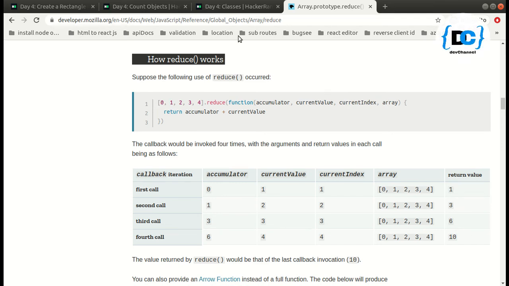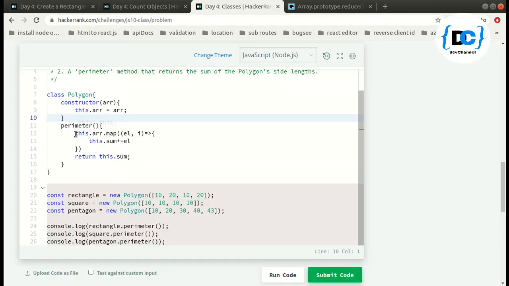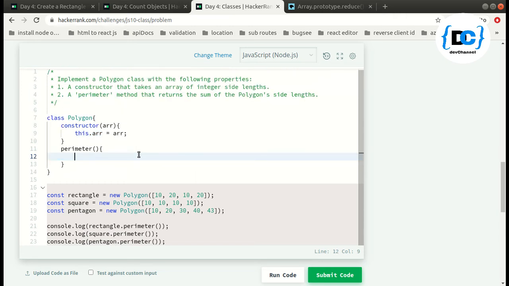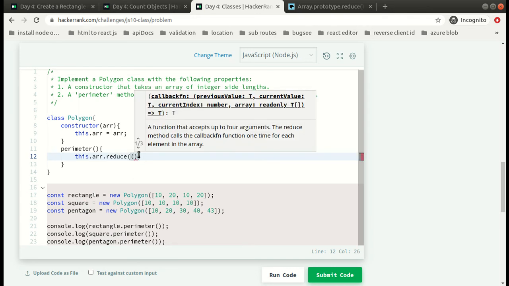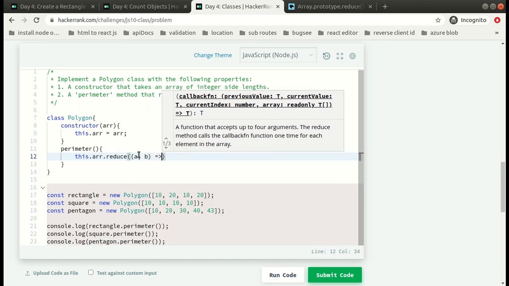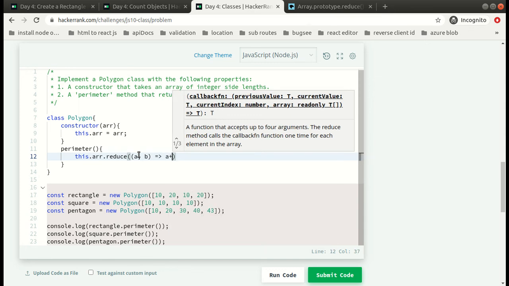So what we can do over here, we can simply use that reducer and say this.array.reduce, with a, b, and a plus b.